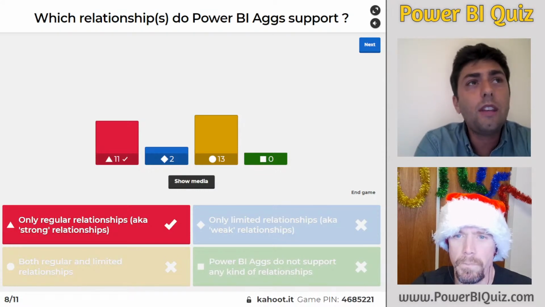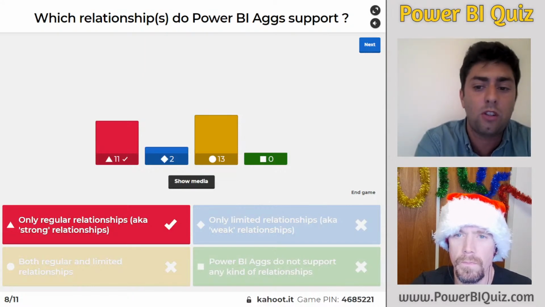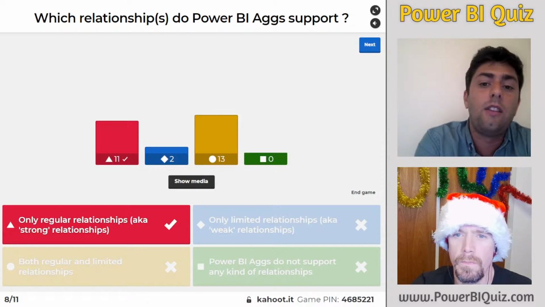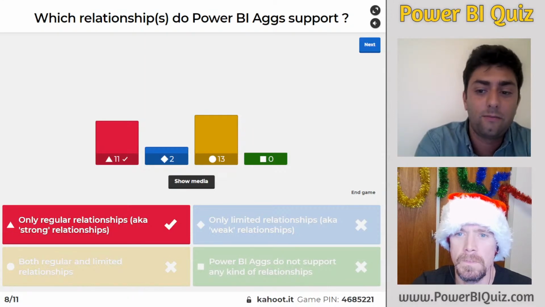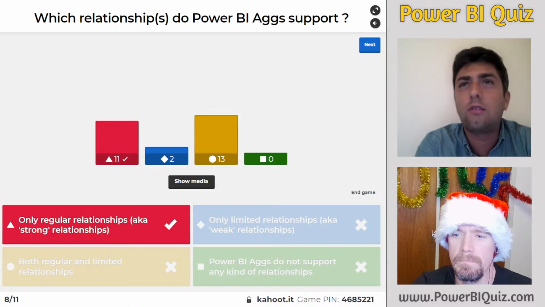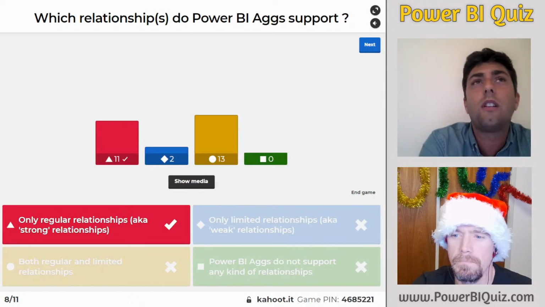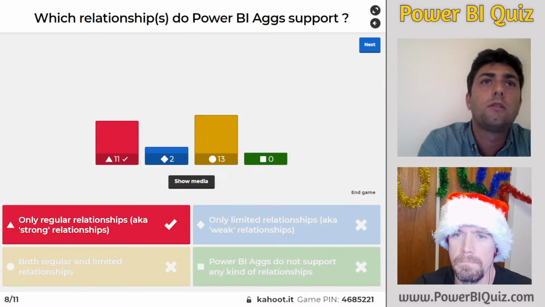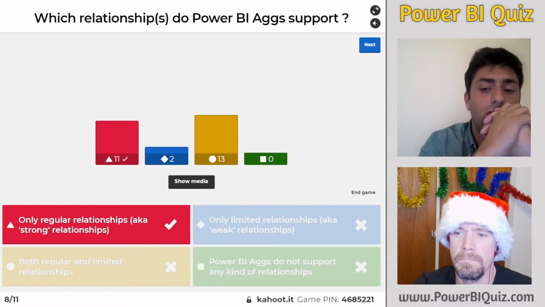If you try to aggregate a table with a many-to-many relationship, for example, which is a weak relationship, a limited relationship, you will see that the aggregations will not get hit. Oh, yeah. So this is from your personal experience. But the dual mode is not required as far as I know. Yeah, but in this scenario, technically, the aggregation will not use the import mode, and it will not work.